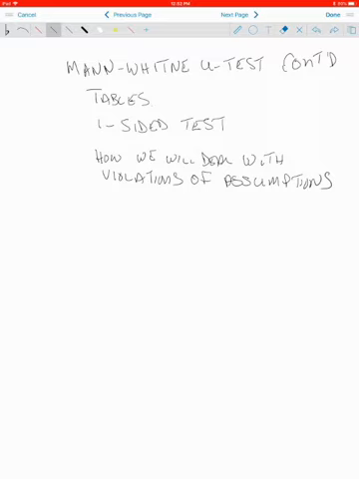Okay, so last day we were talking about nonparametric tests and how to deal with violations of assumptions. And so what I'm going to do now is continue on with that, in part to look at the tables. Then I'll talk briefly about how to do a one-sided Mann-Whitney test, and then I'll talk a little more generally about how I want you to handle violations of assumptions, at least for the purposes of the tests in this